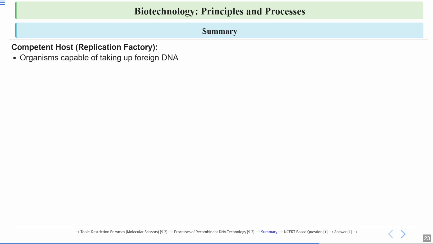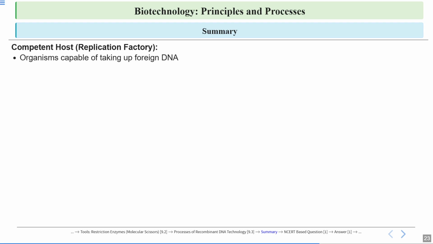First we talked about the chemical method, that is the calcium chloride method, in which we went into the deep process: first we treated with calcium chloride because it neutralizes the charge on DNA, and then, using the heat shock method, we make small pores so the foreign DNA can get inside. Then we talked about some physical methods, that is the ballistic gene gun and microinjection. Then we talked about biological methods using disarmed pathogens, which have the ability to cause disease, but